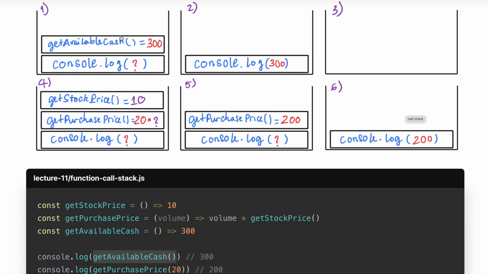Then the getAvailableCache function is executed and returns 300. That's when it finishes and is removed from the stack. And now we know console.log input is 300. So our program is going to print out 300 and empty the stack. This example might sound simple, but it demonstrates 2 very important concepts that you should